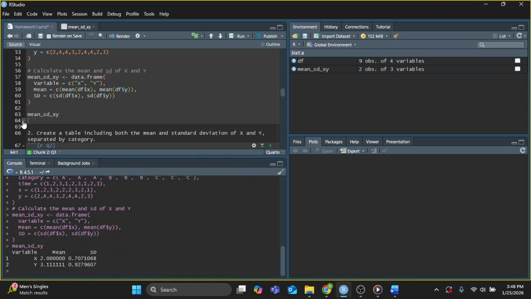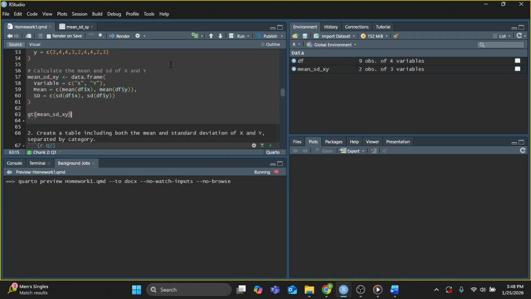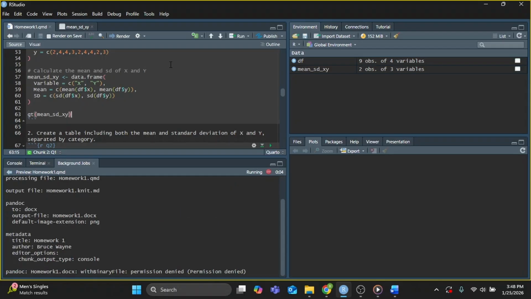and SD. If you'd like to be a little bit fancier, that GT package that we loaded stands for Great Table, and it will transform this data frame into a table. So if we click Render again, we're going to get an error. So I'm going to go ahead and do that so you can see what the error is. It'll run through everything and